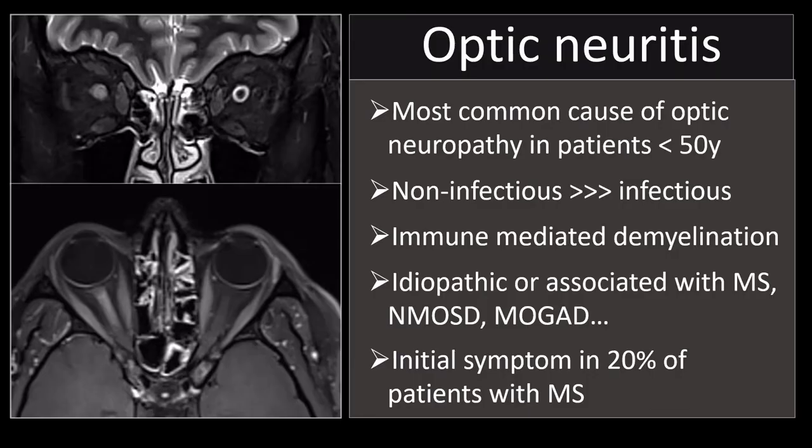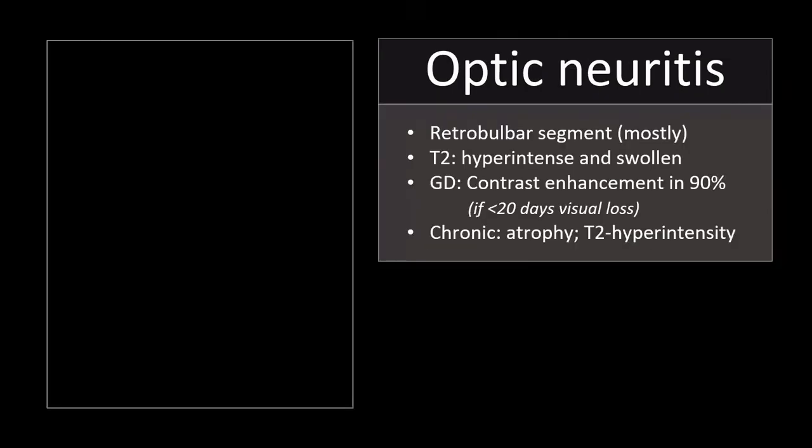So if you see an optic neuritis on imaging, especially in a younger patient, especially in a young female patient, you should actually not focus too much on the optic nerve, but you should look at the brain to see if there are signs of a demyelinating disorder. And in this patient, that was the case, but I'll get to that